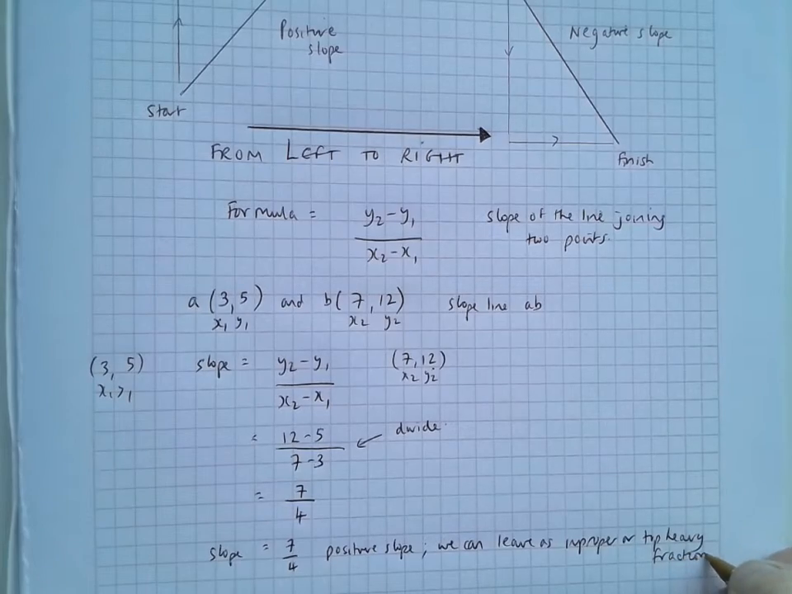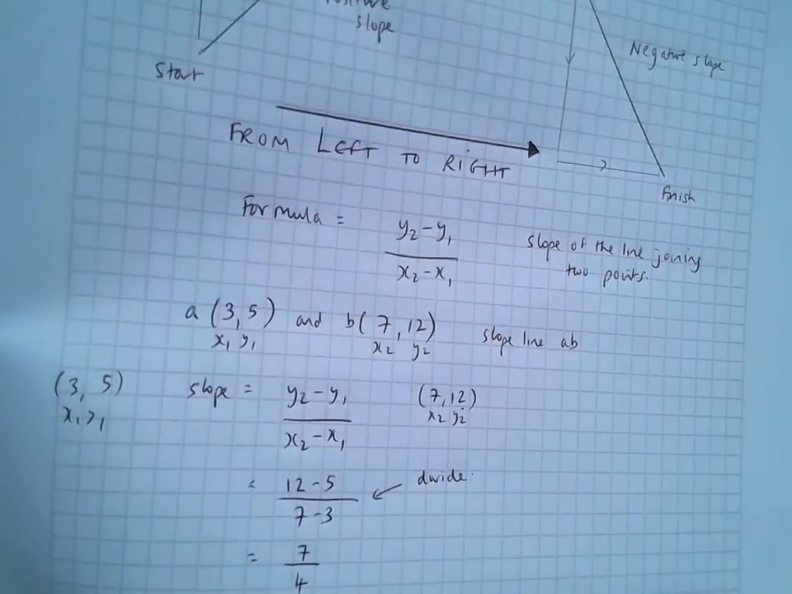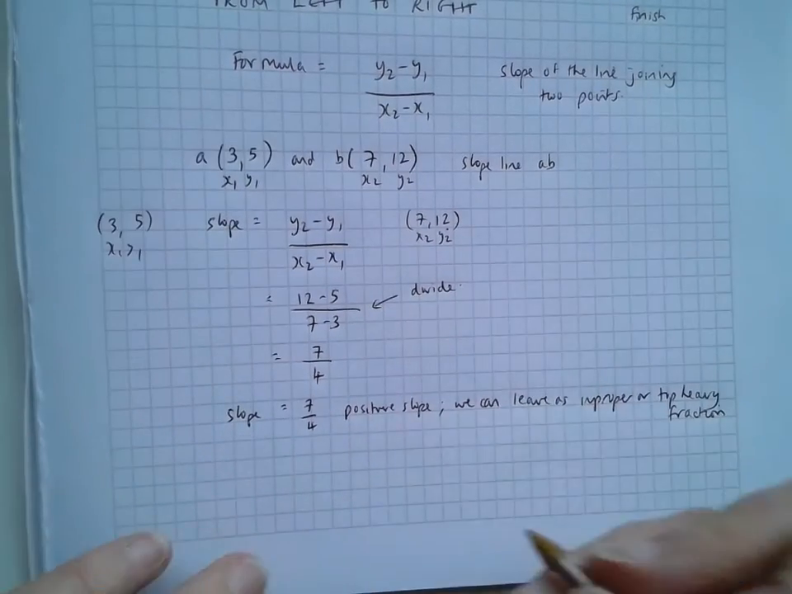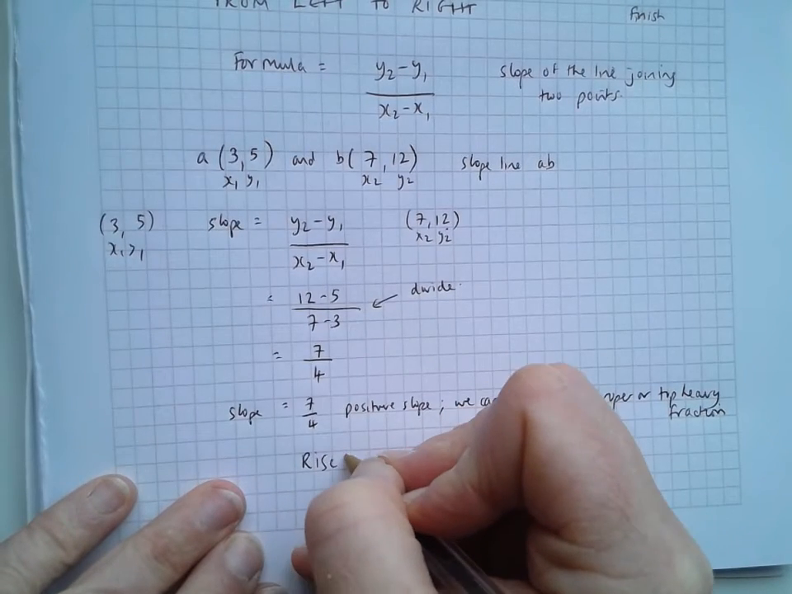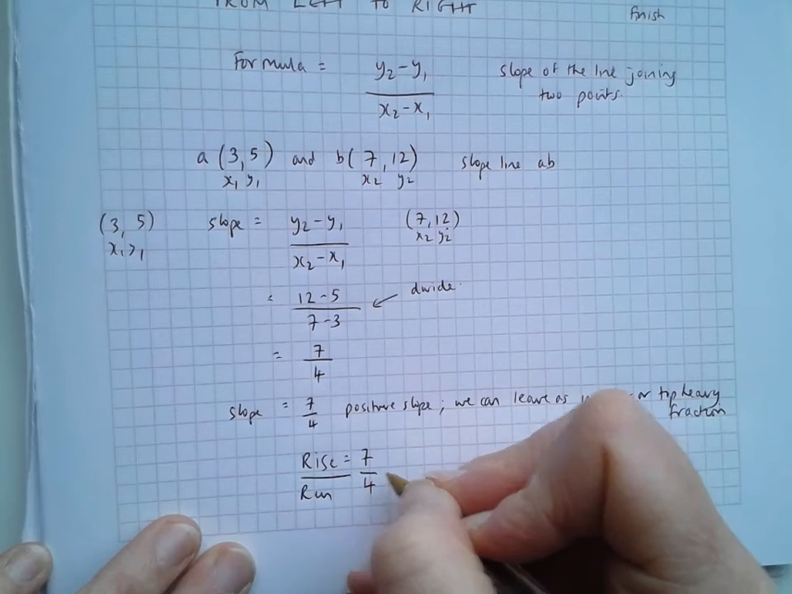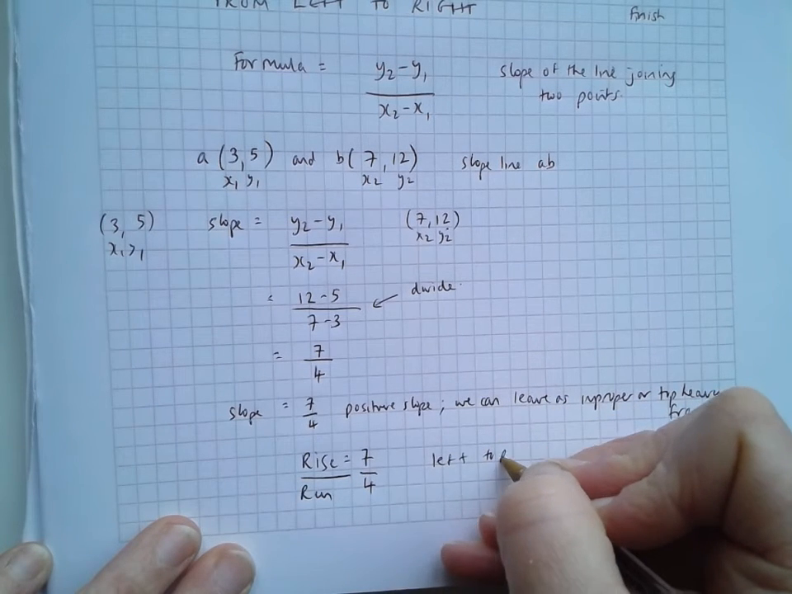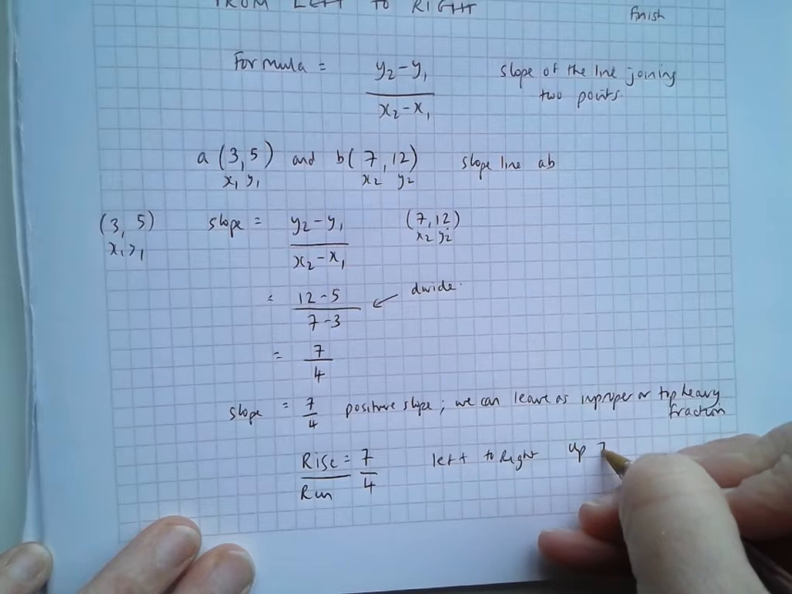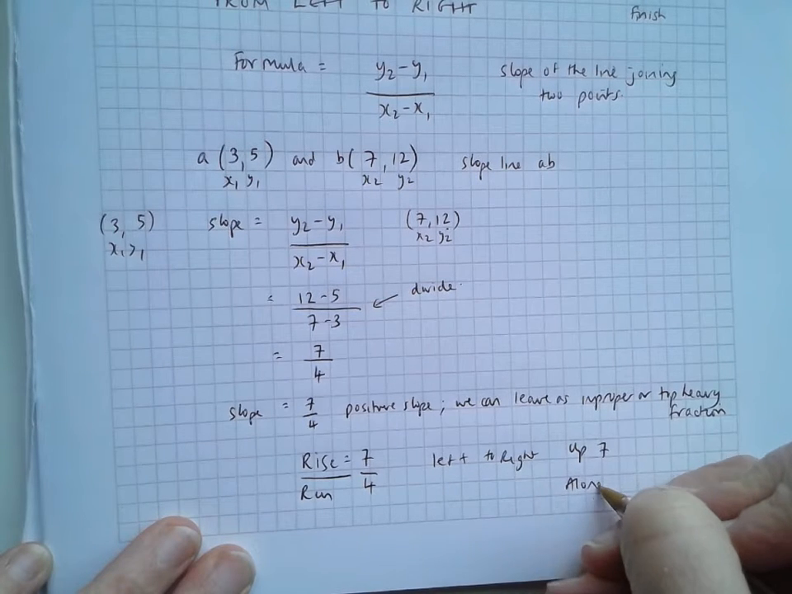And what it's saying, going back to rise over run, is that our rise was 7 for our run being 4. So as we went from left to right, we went up 7 and along 4. Okay,